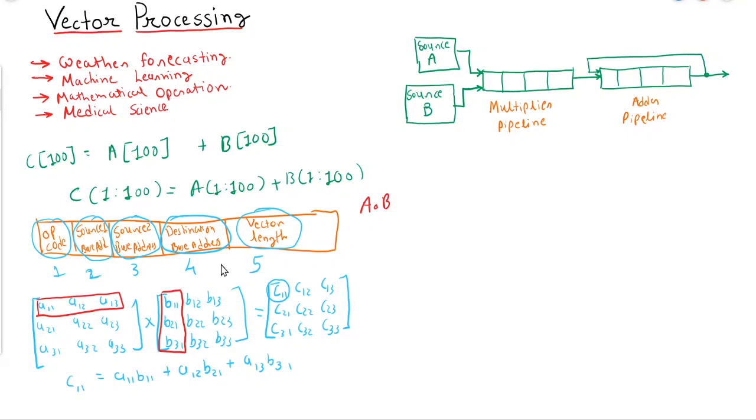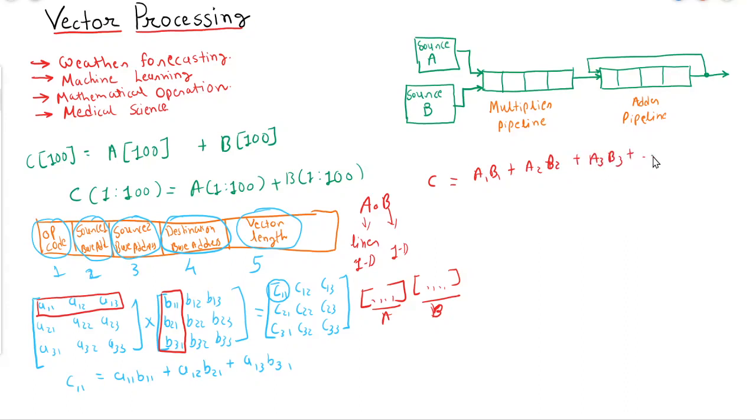We will assume that A and B are linear, or one dimensional matrices or arrays. So this is also a one dimensional array, it is list A and B. This is A and this is B. If we want to perform the inner product of A and B, then how will it be performed? See, A1 into B1 plus A2 into B2 plus A3 into B3, likewise